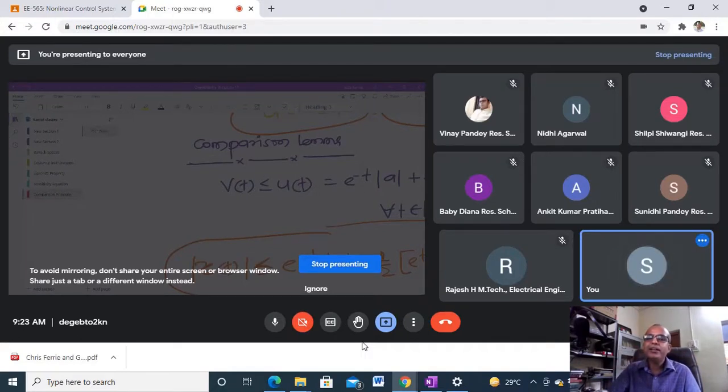Due to that reason, you have to learn carefully the comparison lemma and how to generate a comparison system, and the relation between differential inequality and differential equation in the scalar case. After that, obviously, in order to talk about the coordinate transformation, I need some kind of experience, and that kind of experience you will gain when I deal with the Lyapunov theory.